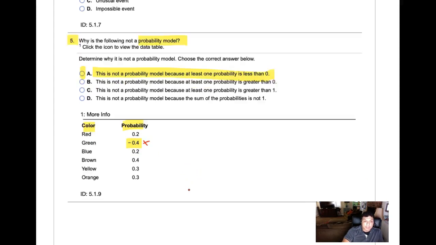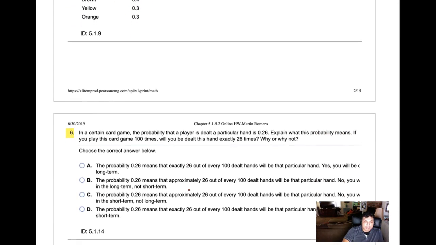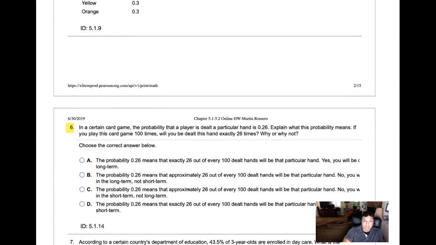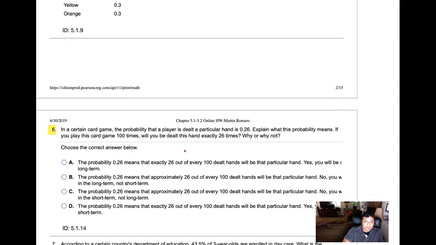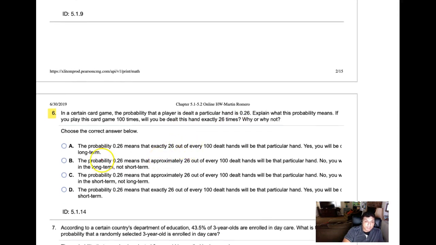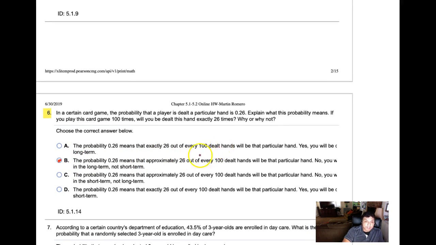Connected to probability and probability models is this idea of what does probability actually mean? And so 5.114 is asking you this question about what does 0.26 mean? And so the way you interpret probabilities, you can also say that's a 26% chance. And so what we're thinking about in this case is that 0.26 means that if we did something